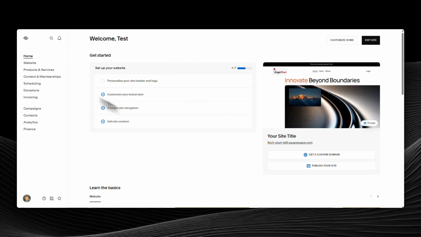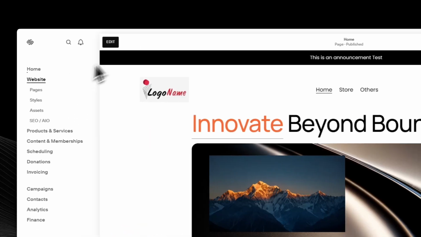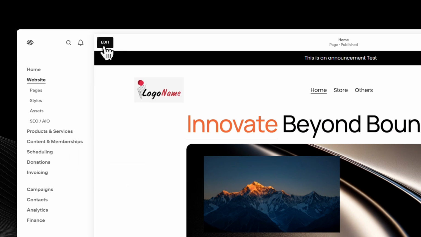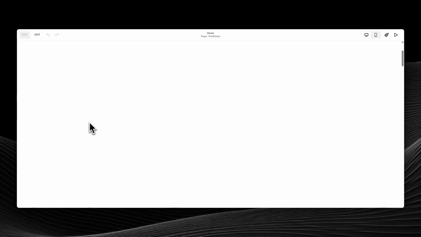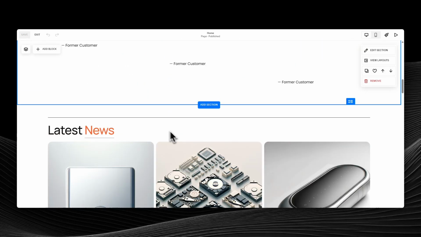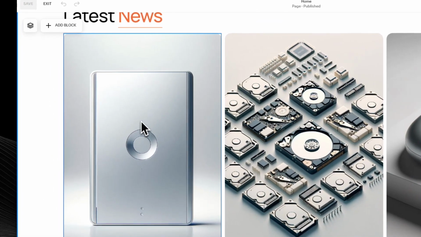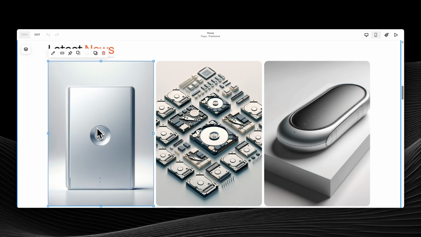Start by opening your Squarespace website and entering edit mode. You'll see your page just as it appears to visitors, but with editing controls visible. Navigate to the section that contains the image you want to make clickable. When you find it, double-click the image to open its editing panel. This brings up a menu with options specific to that image, so you can adjust settings without affecting anything else